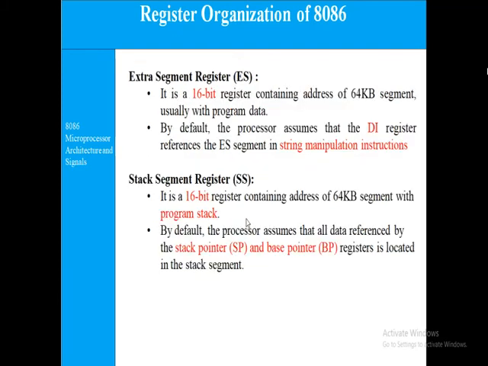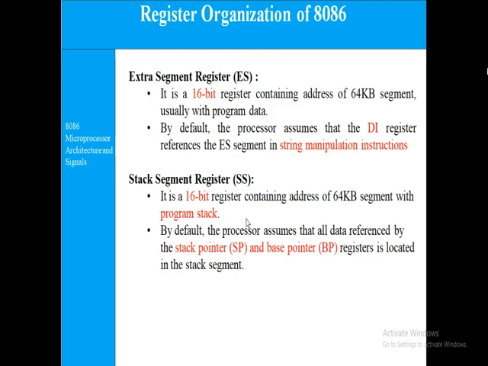The extra segment register is also a 16-bit register containing the address of a 64 kilobyte segment, usually program data. The processor assumes that the DI register, the destination index register, references the ES segment in string manipulation operations. Then the stack segment register is a 16-bit register containing the address of the 64 kilobyte segment with the program stack.